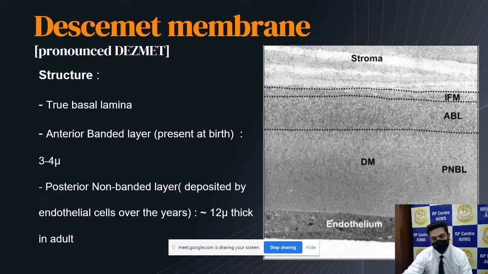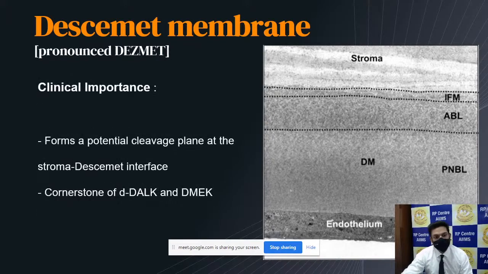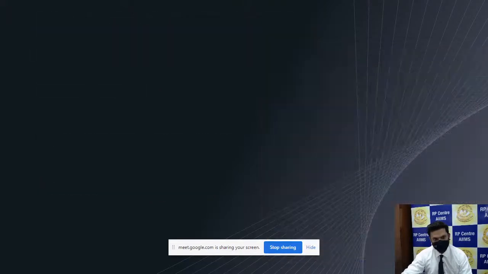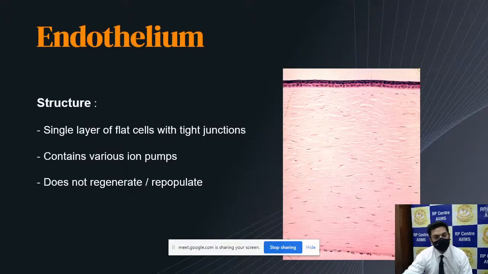Basically, the corneal epithelium is derived from the surface ectoderm. The corneal development is induced by the lens vesicle and the optic cup that lie behind the surface ectoderm. The mesenchyme or the mesoderm forms the Bowman's membrane and the stroma. Bowman's membrane is not an actual membrane because it does not have a true basement membrane, but the anteriormost portion of the stroma has a different structure which I will discuss further, and that is called the Bowman's membrane.